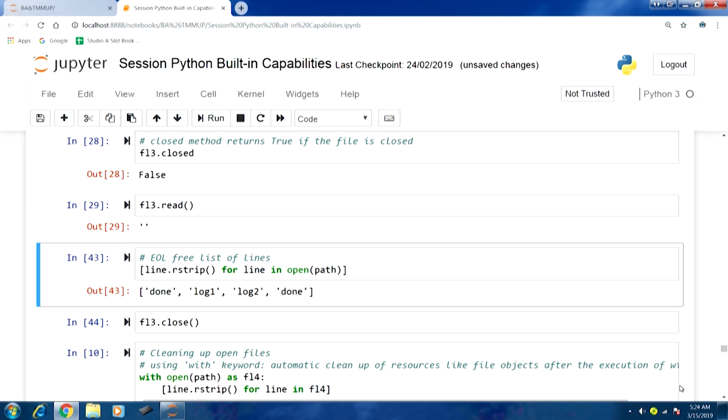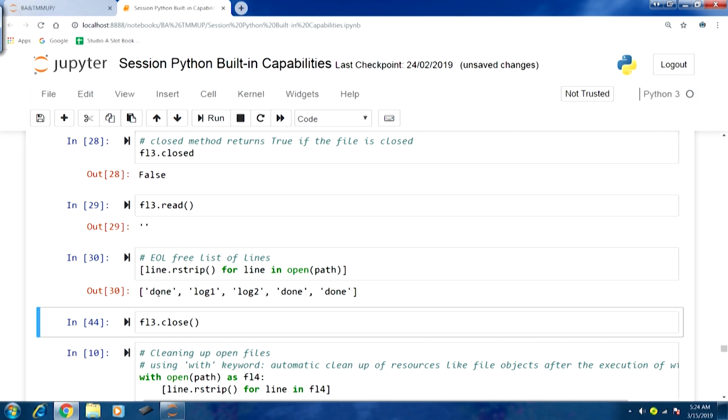So within the brackets we have line.rstrip() and then for line in open(path). If I run this, you can see all the lines that we had in this file. We get a list of all those statements, done, log 1, log 2, done, done. The end of line marker is gone, it has been stripped off. Now I can close the file here,